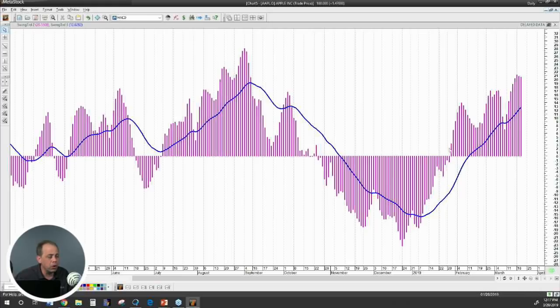So if we're looking at the purple line right now, it's above 0. It's been above 0, and in that bullish phase, since about January 30th, and we read it the same way. So if I'm looking at the swing trade 2, what I can say is right now it's bullish. So my short-term trend is bullish. My long-term trend, which we looked at earlier, is also bullish, and I'm still allowed to buy this security.